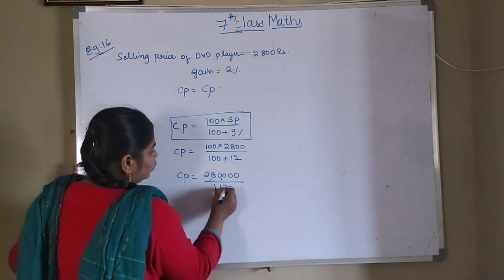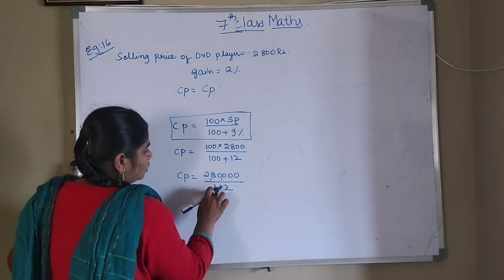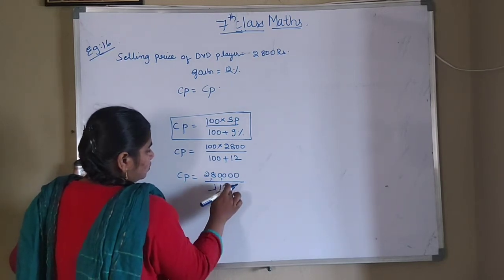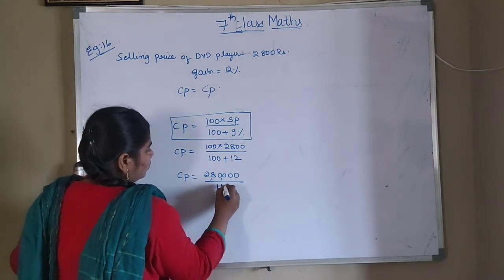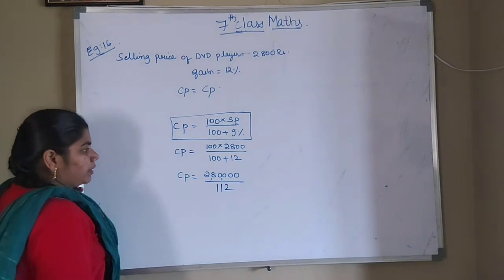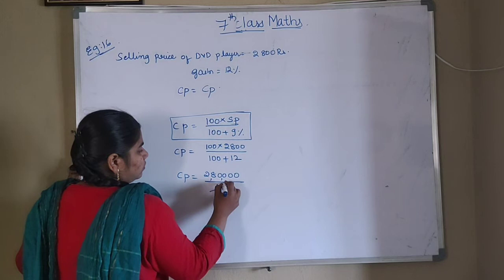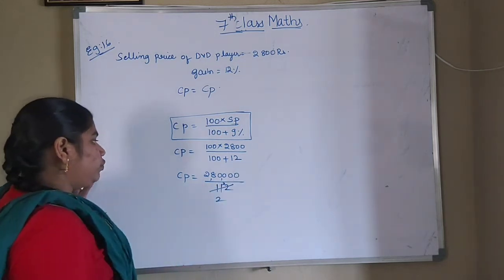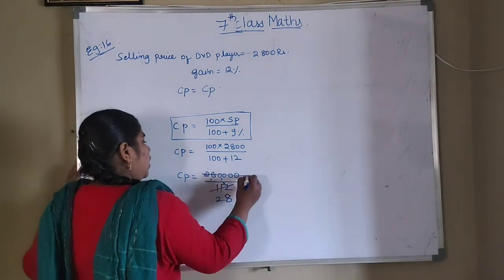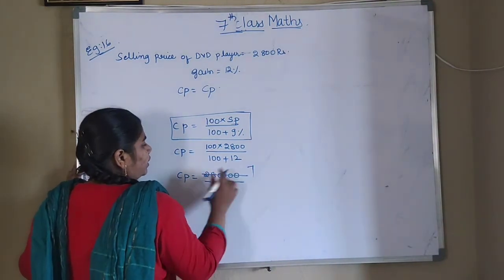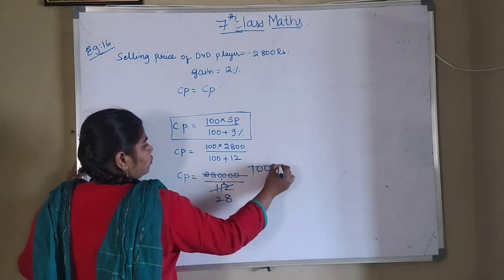We can cancel in 2 table, or you can do in 4 table also. So in 4 table, 4 2s are 8, 32. 32 means it will go in 4 8s. So it is 28. And here 4 7s are 28, 4 zeros are 0, 4 zeros are 0, 4 zeros are 0 and 4 zeros are 0.